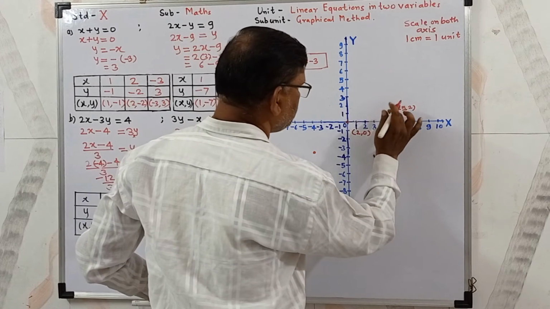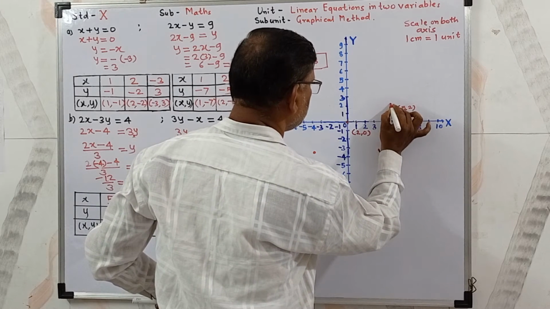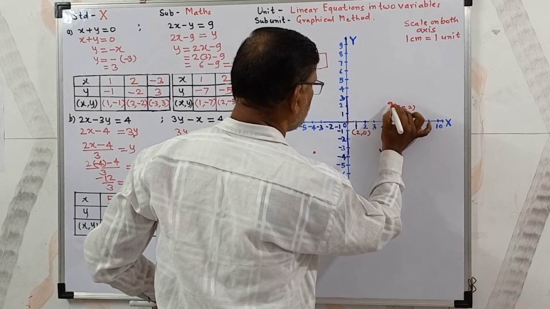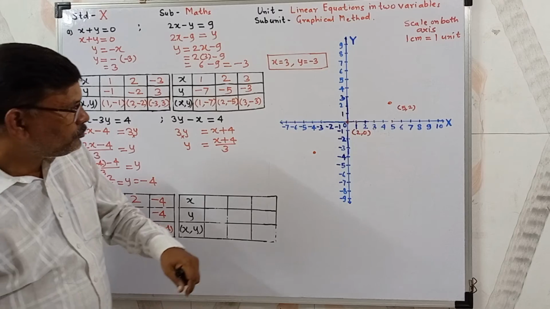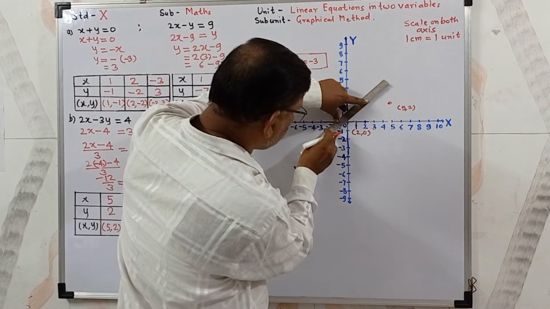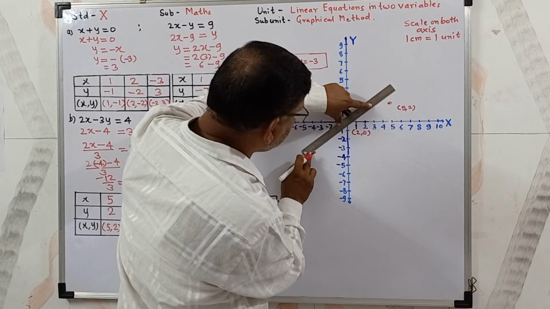Here also, here that is (5, 2). We have to draw this line. So difficult, but